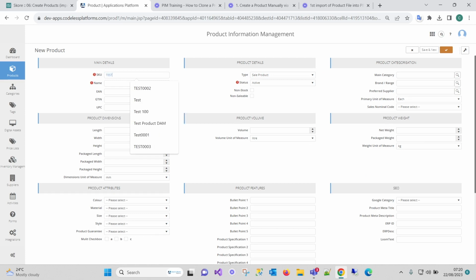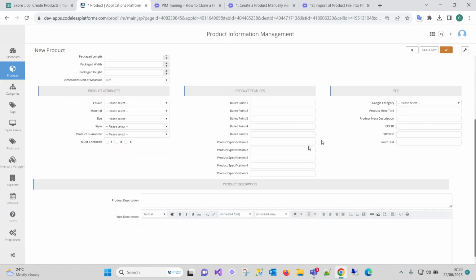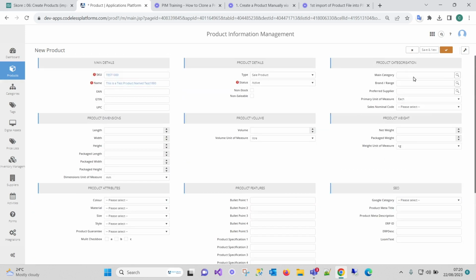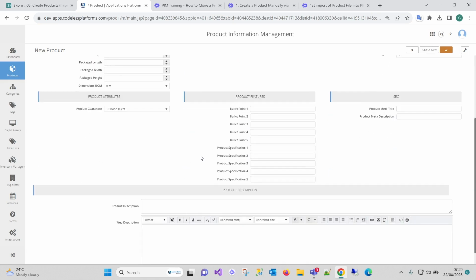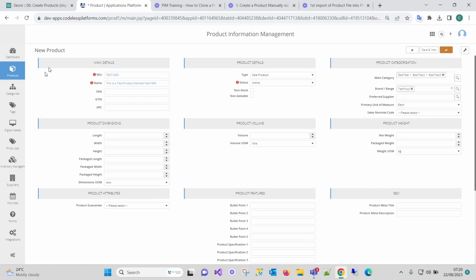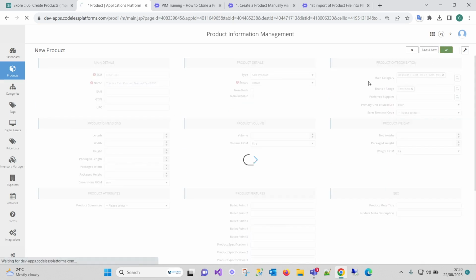So we'll just call this 10-1000. This is a test product, named test 1000. Again, don't worry about any of that. We can fill in any other details. So maybe we'll just add it to a category. Don't know if I've got something here. Food, test food. So you can start to add data into your basic setup screens, and then we just save that,